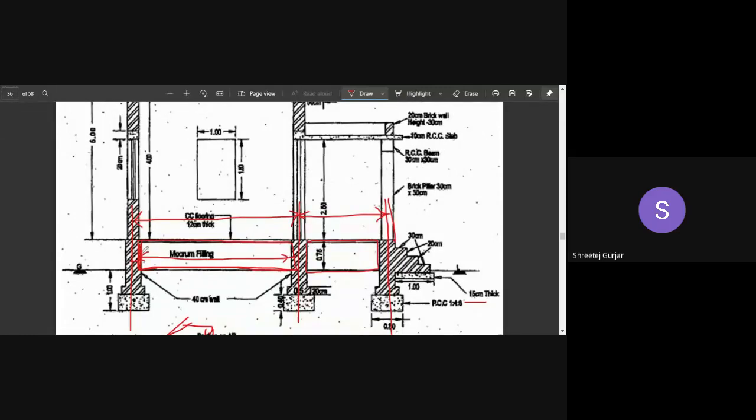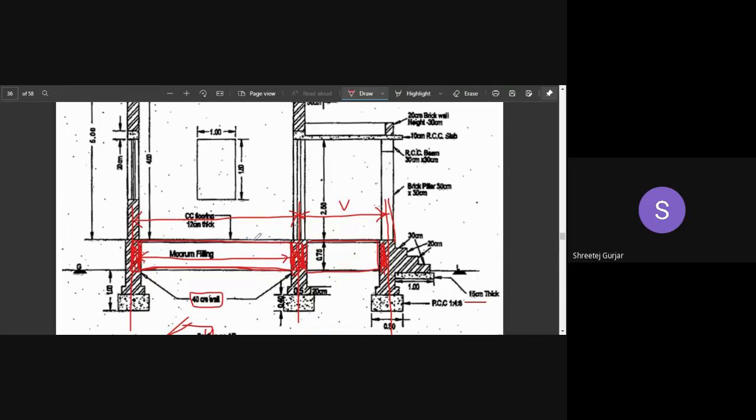So what we need to do is reduce half of this wall thickness, and similarly half of this wall thickness over here. The wall thickness is 40 centimeter. So from center to center length, we have to reduce 0.2 over here and 0.2 over here. That is how you get the in to in length of your Muram filling. Similarly, for the veranda's center to center length, you have to reduce half of your width over here and half over here, so that is 0.2 and 0.2. That is how you get your length.